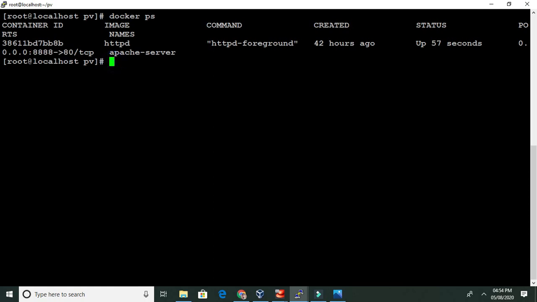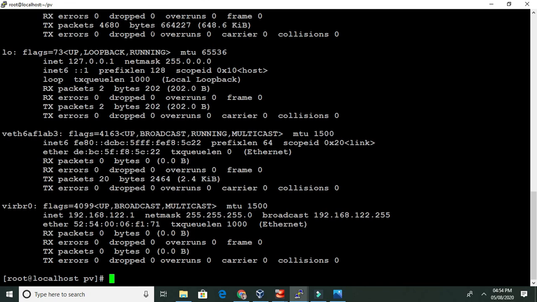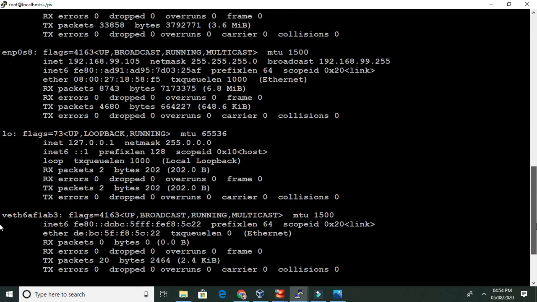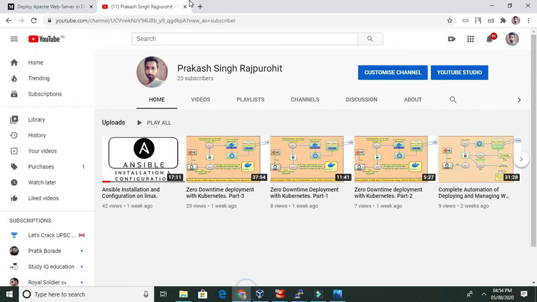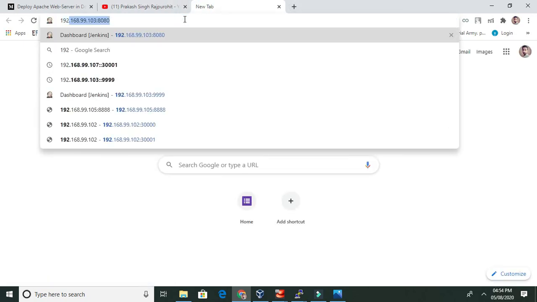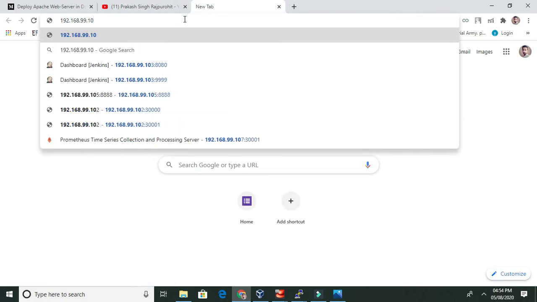So now we will access the web server using the managed node IP, which I already told you, 192.105.